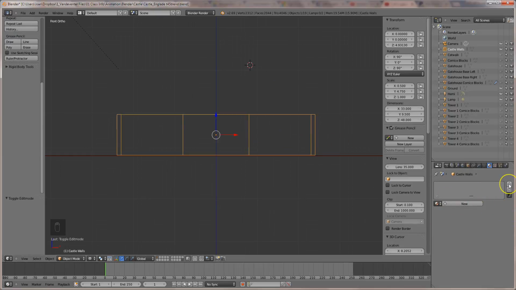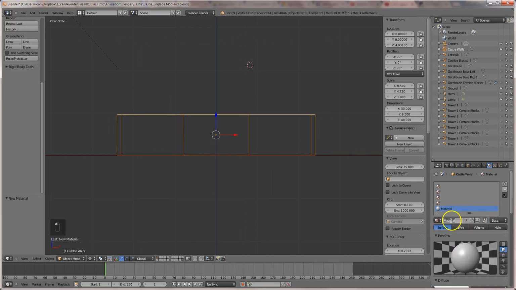Let's first add, it tells me to add 5 blank material channels. Remember, the reason that we do that is because the first one is always the default, and we're going to want to add things differently to each of these walls. So we are going to take this first one and add a new material. So we're going to call it wall